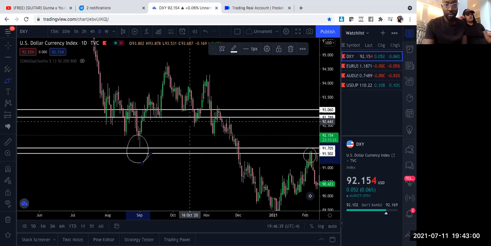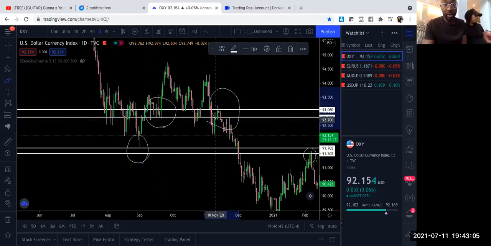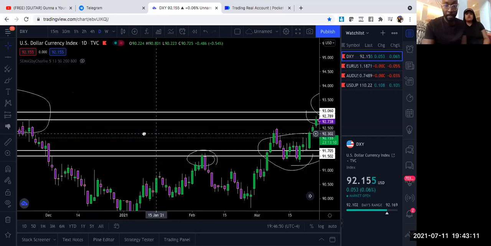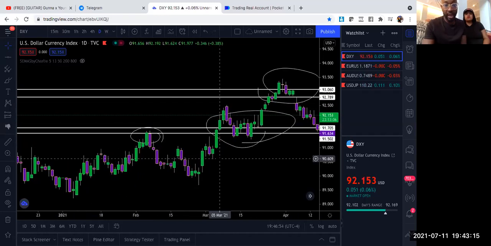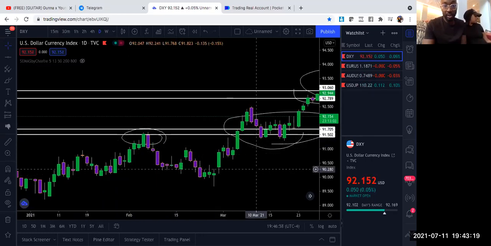Okay, so I'm not trying to make it too difficult. I want everybody to get in the habit of being able to identify what that looks like. And you'll notice, if you scroll in, you'll see a lot of reversal candlestick patterns that took place. Like right here, we see an engulfing candlestick. That was a sell-off right there,